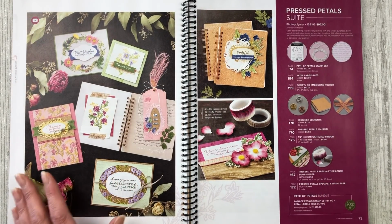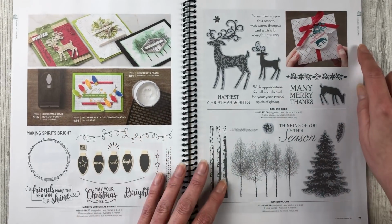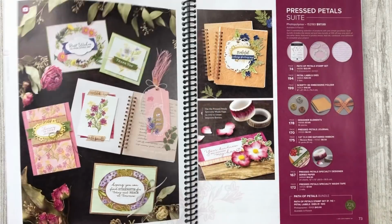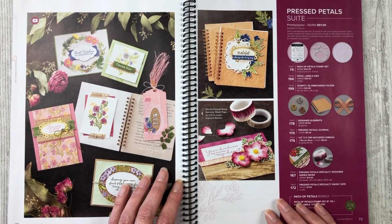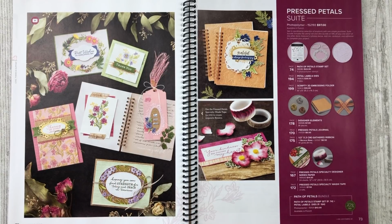So the everyday occasions section, which you can find the label for this section, ends here on page 71, and then we start with the love, thanks, and support section. So this next section starts on page 72, and as I said, it's called Love, Thanks, and Support. There are 9 new stamp sets featured in this section of the catalog, as well as 2 beautiful product